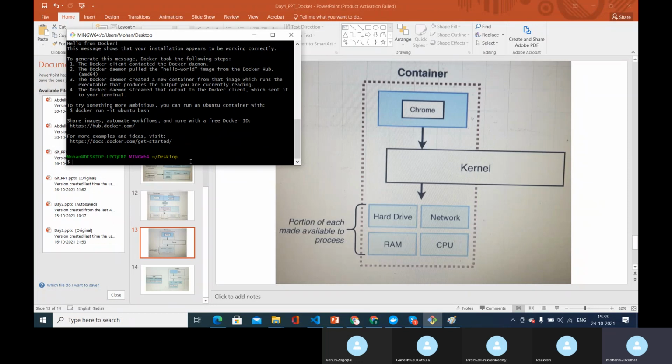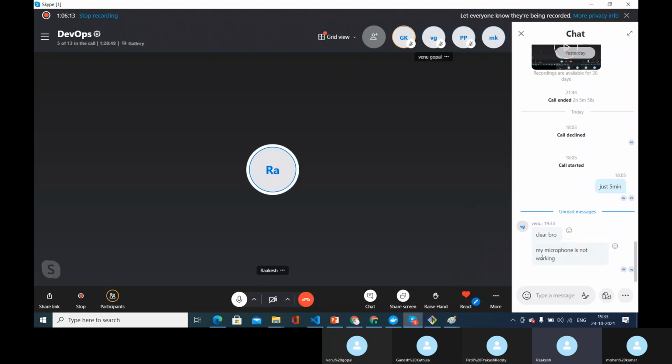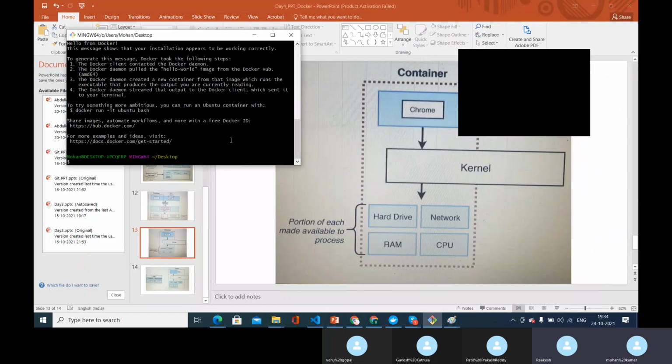What will Docker run do? It first looks into the local repository, the local cache. If the image is available there, it takes it, runs it, and gives us the output. Or else it looks into Docker Hub, downloads it, runs it, and gives the output. So that is basically the process.